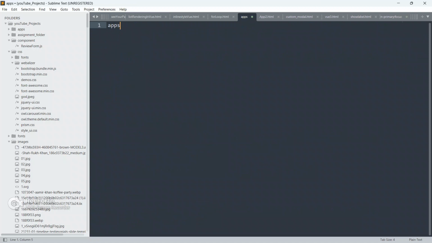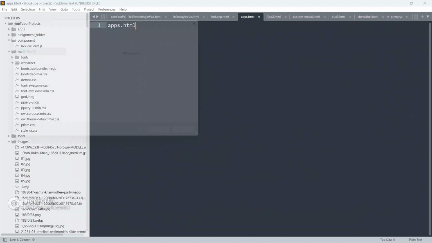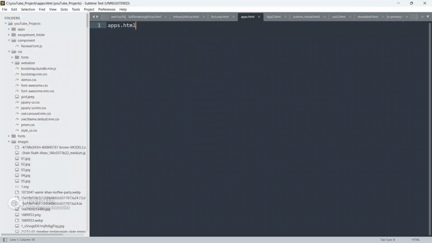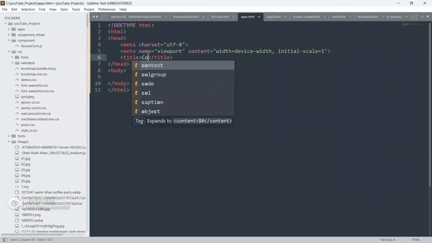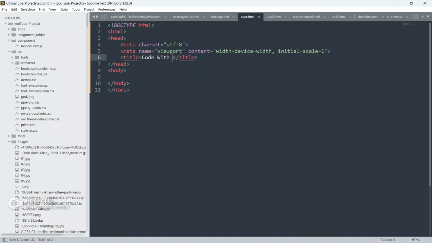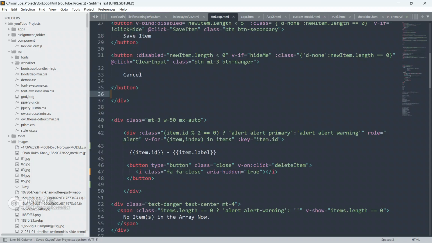Let me create a new page, apps.html, click save. Code with ER Prabhat Pandit.